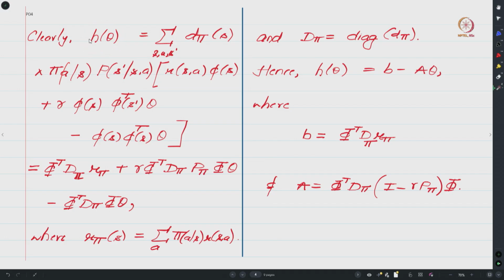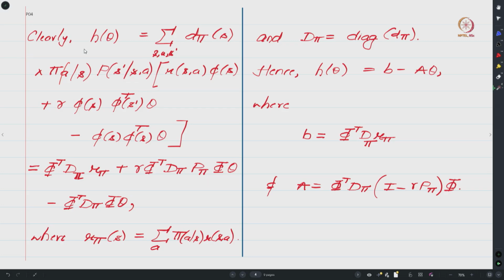Accordingly, one can see that h of theta is basically the sum over s, a, s prime of d pi of s, which is the distribution with which you sample your state s, times pi of a given s, which is the distribution with which you sample your a, times P of s prime given s, a, which is the distribution with which you presume s prime is being sampled, right, and hence